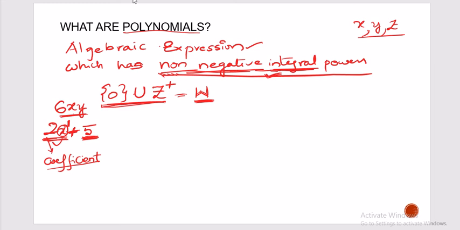Now here there is no variable, so that means it has a variable with power 0, or exponent 0, right? So this particular term has power 1 and this particular term has power 0. Now if you observe, do 1 and 0 belong to the non-negative integral values? They belong to this set, the set of whole numbers. So hence this is a polynomial, because here the powers 1 and 0 belong to the set of whole numbers.